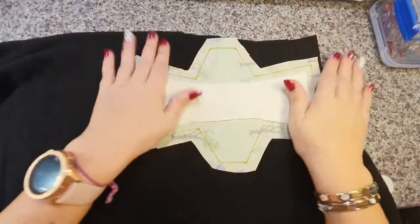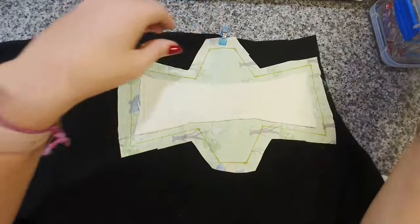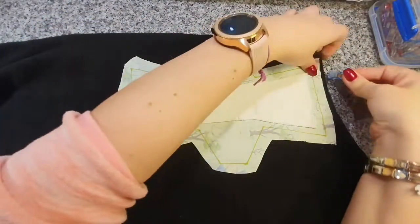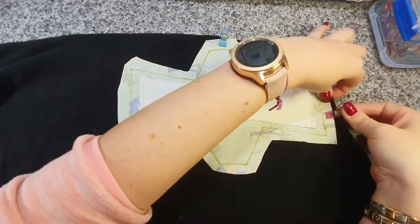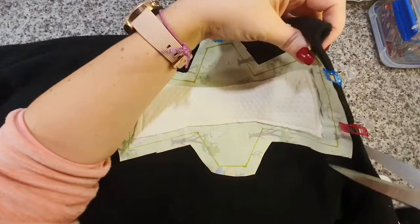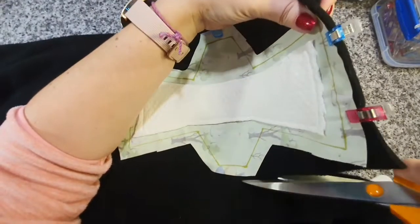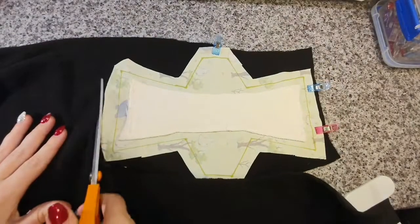For backer, I am using fleece. Put the right sides facing together, and I am just securing both fabrics with some clips. You can use pins too if you want, but I just have clips and they're much easier for me. And then I just cut the bigger fabric smaller